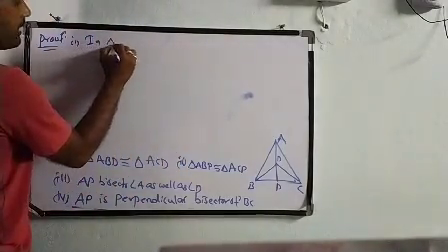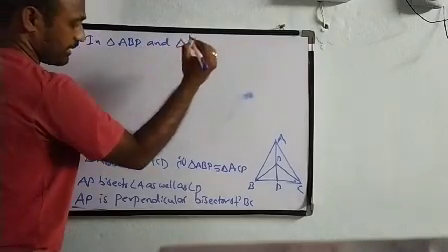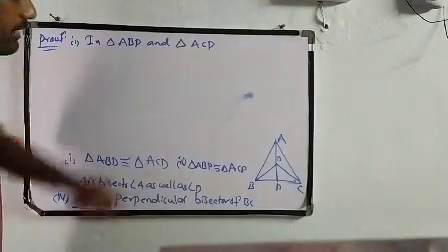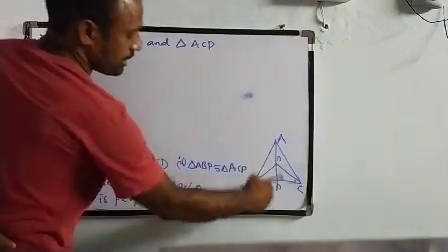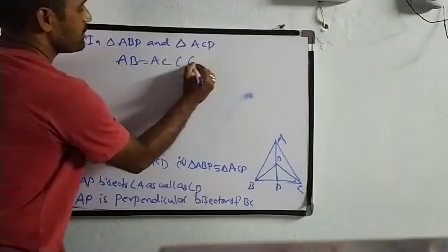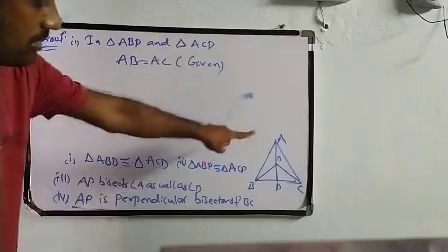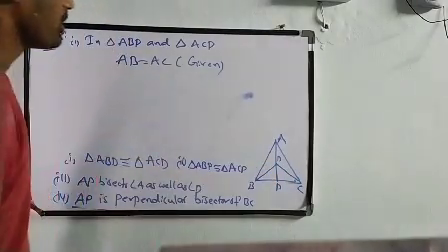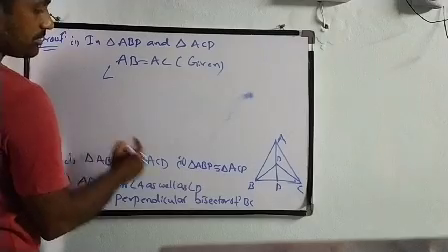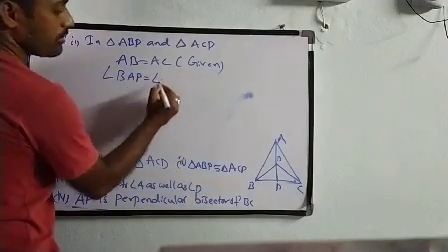In triangle ABP and triangle ACP, AB is equal to AC, which is already given, and we can write angle BAP is equal to angle